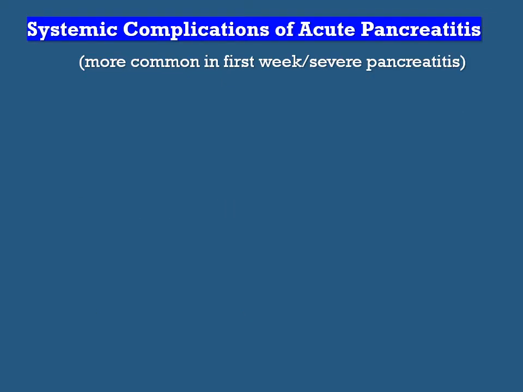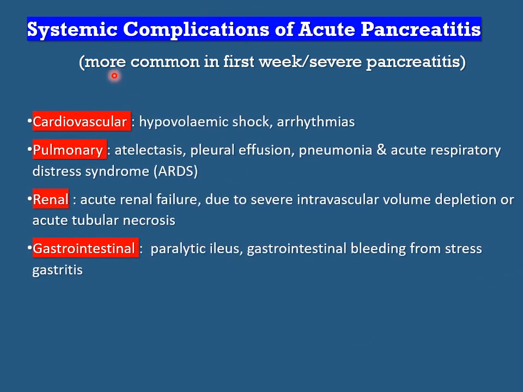Now, what are the complications of acute pancreatitis? They can be either systemic or local. The systemic complications of acute pancreatitis are more common in the first week of the illness, especially in moderate to severe pancreatitis. The common ones are cardiovascular, hypovolemic shock and arrhythmias; lung, pulmonary atelectasis, pleural effusion, pneumonia, or in severe cases it can cause ARDS,